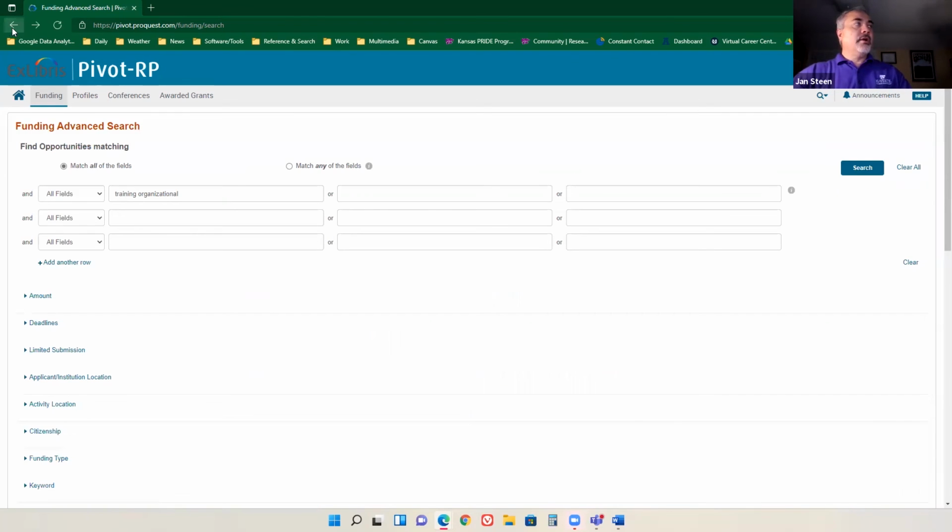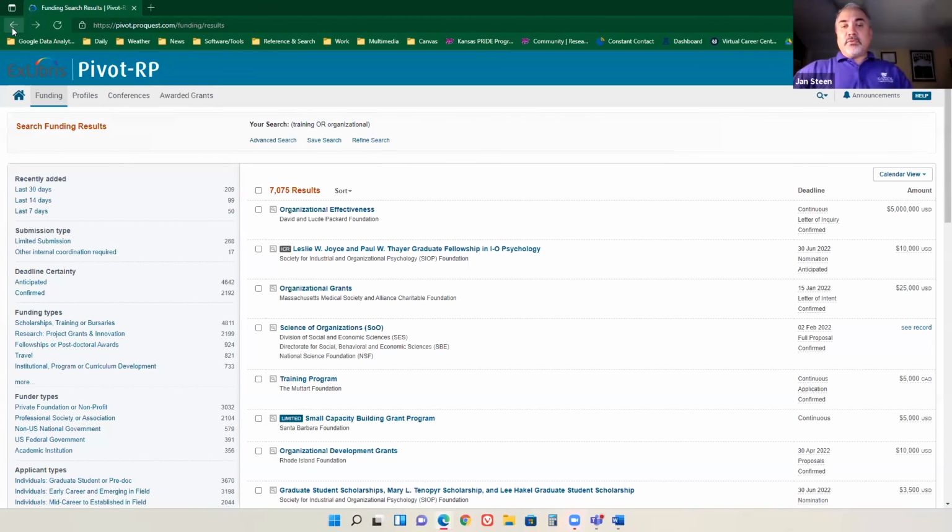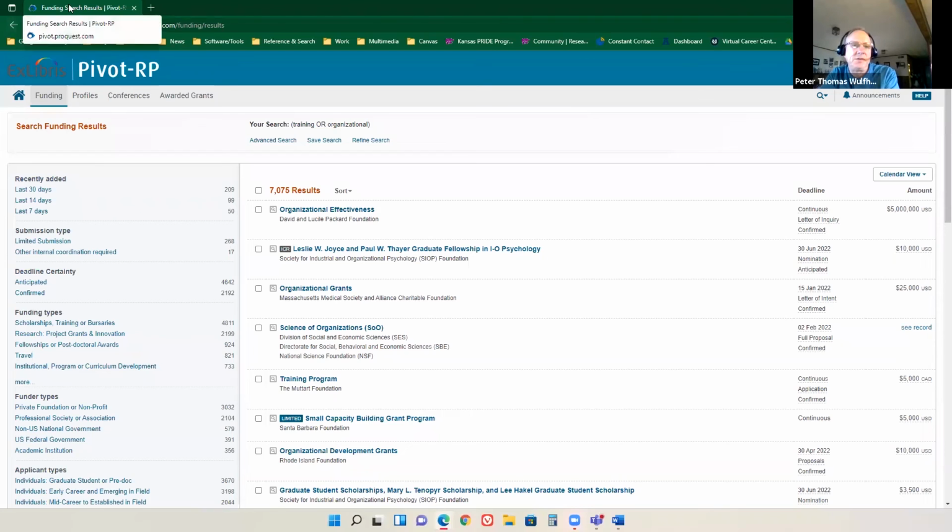And again, this also works for professional development for yourself. If you're looking for funds to go to NACDEP this year in Indianapolis, there are some organizations here that will pay for you to get professional development in your field, even travel costs. So that's something that you can look at as well. So this is very extensive. Conferences, professional development, grants, scholarships,